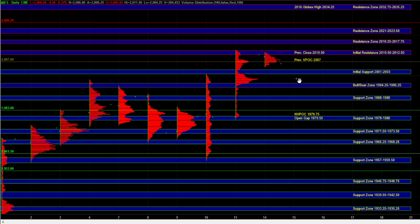Responsive sellers can be active if the market gets exhausted into resistance. So in the event that we got a straight line move into one of the resistance zones above on the smaller time frames, that can result in exhaustion and the market can get overbought, and from there we can balance out a bit. But as long as ES is holding 01 to 03, 94 quarter, 96 quarter, the buy side